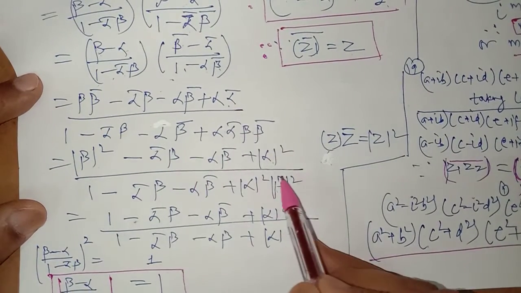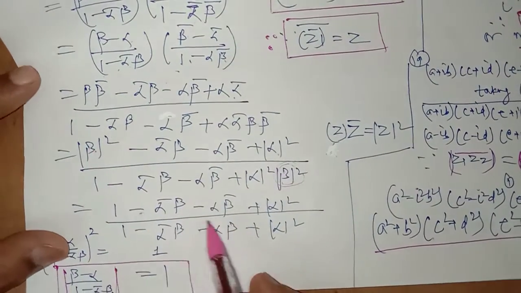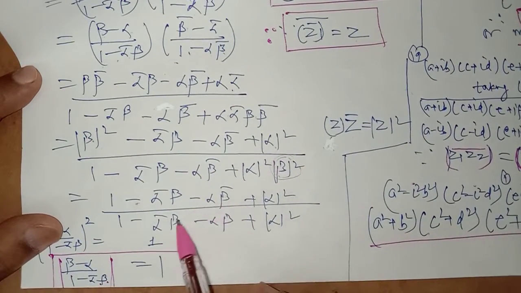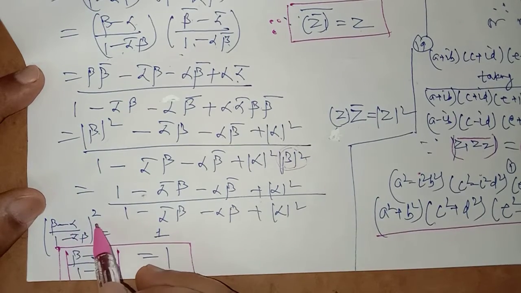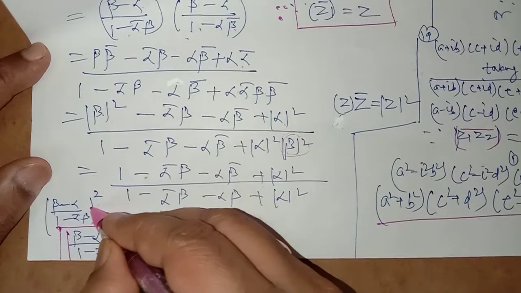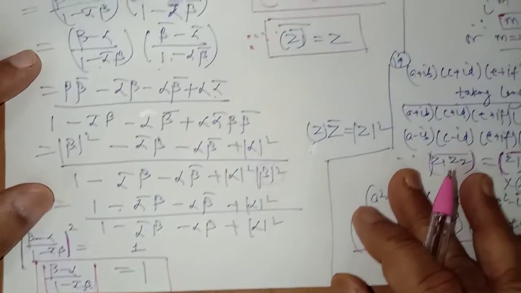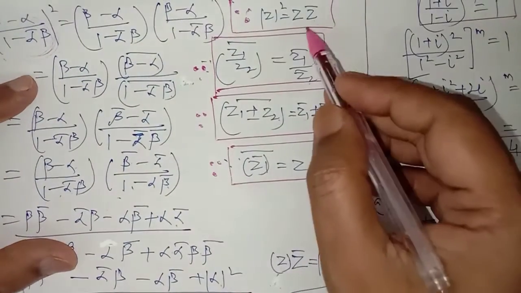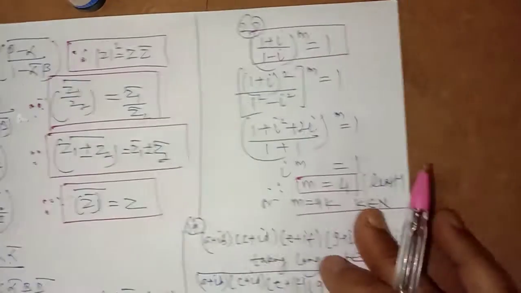Now it is given that modulus of beta is equal to 1. So put 1 here, put 1 here, we are getting this. And because these twos are the same, we can cancel them out. So the whole square modulus of this is equal to 1. So the modulus of this will be equal to 1, taking the square root on both sides. So this is a good question, and we have to use many properties to solve this question.